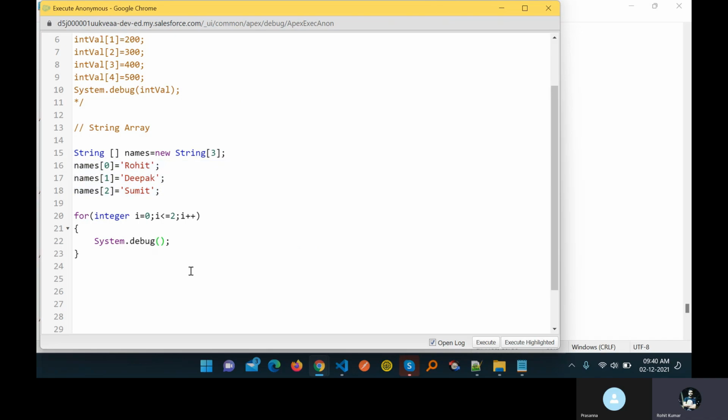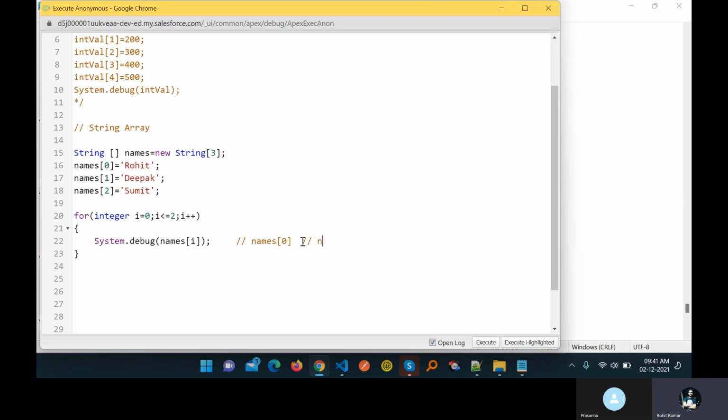You print names, and under this you write i. First time i is 0, so names 0 is printed, because the value of i is 0.